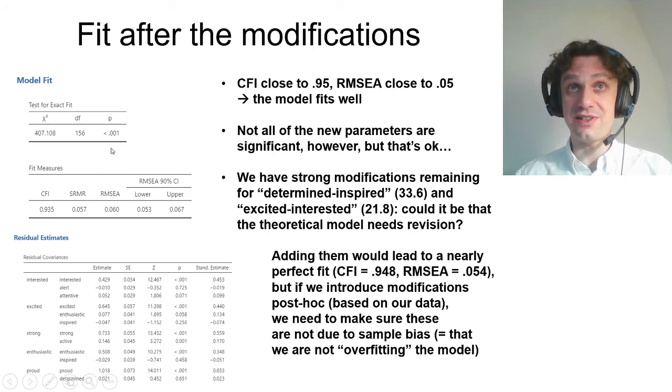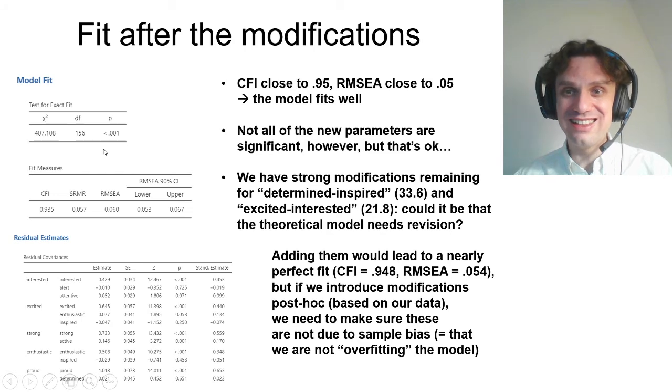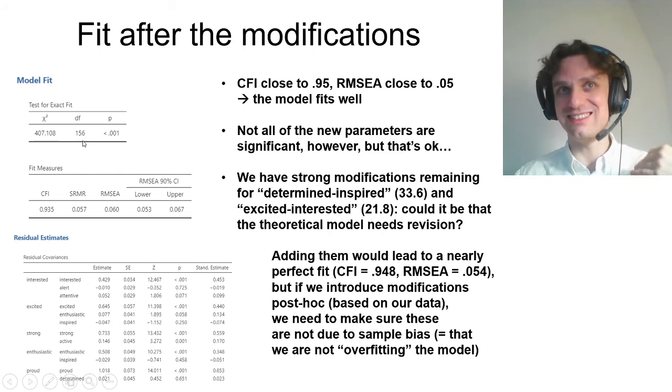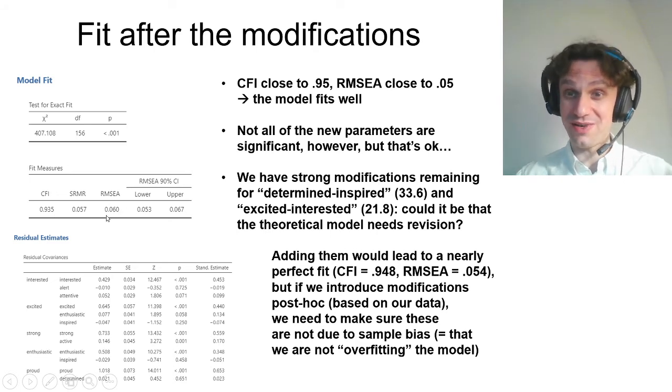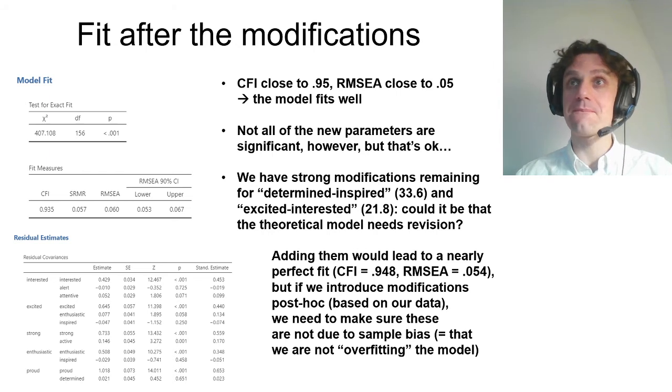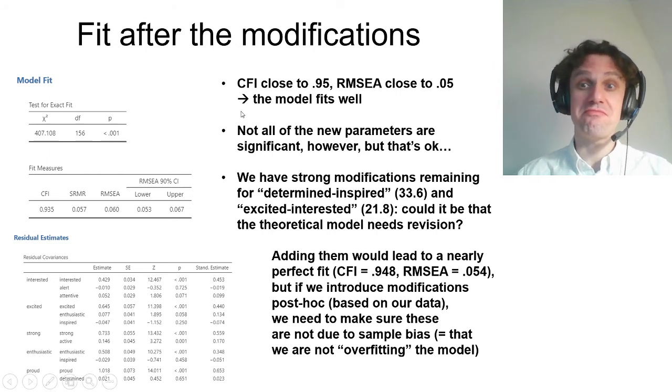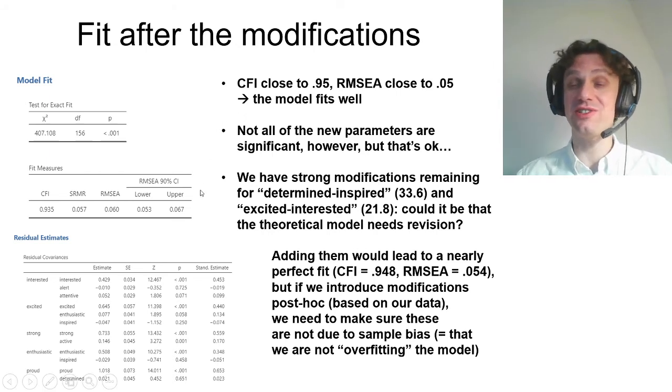Chi-square is still significant, but we don't care about it. The number of degrees of freedom has decreased by the number of parameters that we added, 13. But look at the fit measures. CFI is now almost 0.95. RMSEA is 0.06, which is considered already good fit by Hu and Bentler. So this is quite an acceptable model, and it's also justified by prior research,